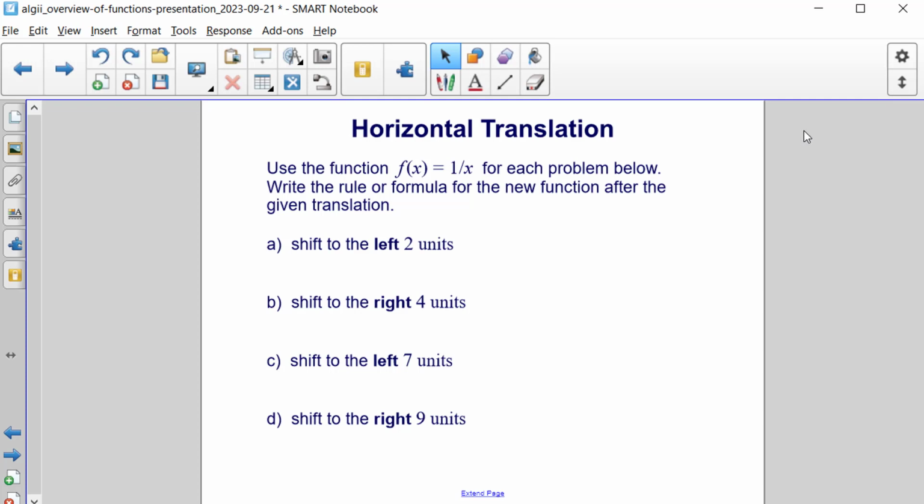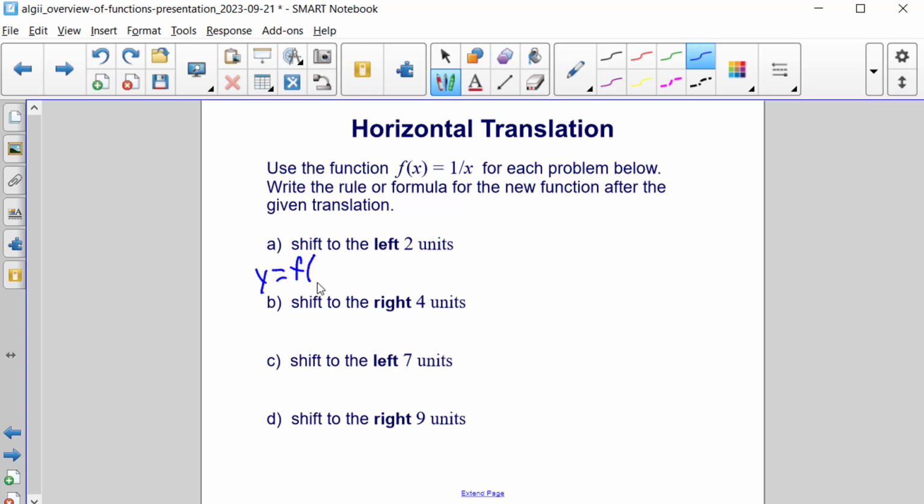This time we're going to use the function f of x, which is equal to 1 over x for each problem below. We are going to write the rule formula for the new function after the given translation. In our first example, we are going to shift the graph of f of x, which is equal to 1 over x, to the left 2 units. So that means we're going to